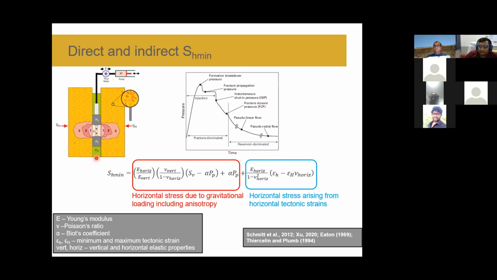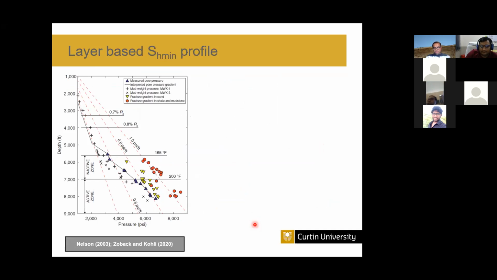If you consider a basin modeling scenario, or the people who deal with mechanical stratigraphic modeling, they always consider time as a factor itself. So we thought, why not? We should also consider that time factor in estimating SH min. From that concept, our viscoelastic and creep component comes in, and that's what I'm going to show you in the next couple of slides.